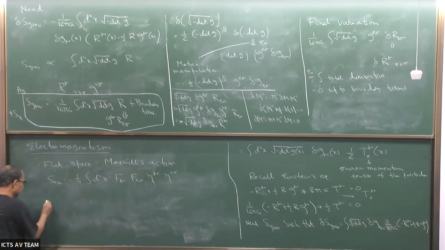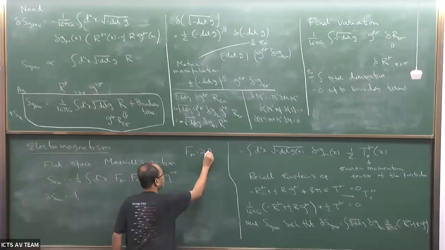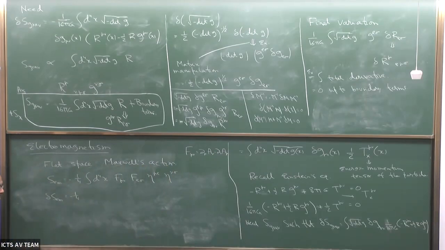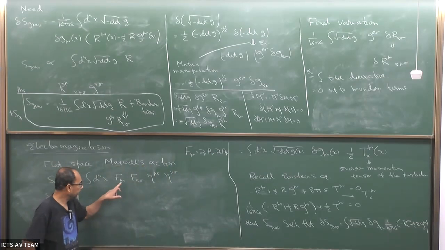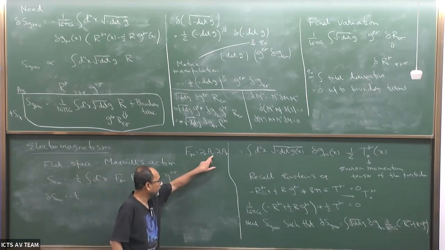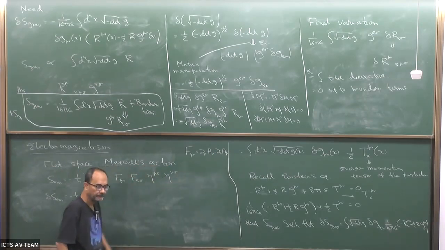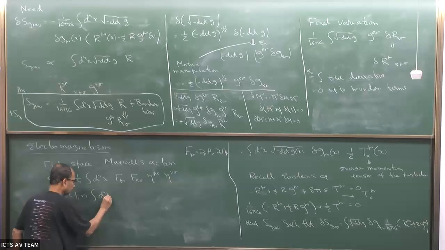So if you vary, let me remind you, F mu nu squared, you will get 4 identical terms because you can vary this or this, which gives us the same result. And inside F mu nu, you can either vary the nu here or mu here, which also gives the same because of the antisymmetry of the other one. So you can just vary one and multiply by 4. Integral d4x. So here I write